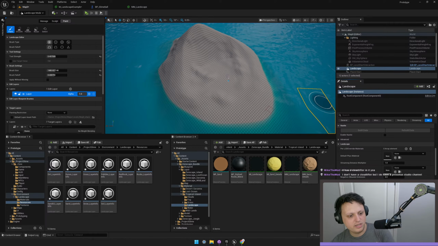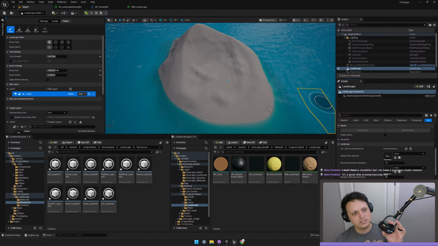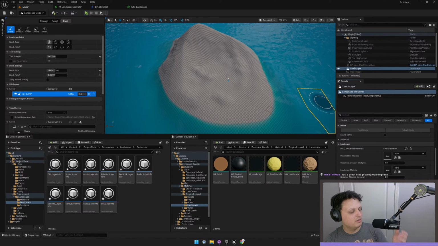I don't have a Cloudlifter, but I do have a PreSonus Studio channel. Oh, nice. Okay. Yeah, I have been considering maybe switching this thing over to XLR, because it does have XLR on the back of it. Oh, sorry, I was muted there. One of the USB features is that this tap works very sensitively, but I was considering switching it to XLR, because there's an XLR input right here. I thought it'd be nice to see what my options are again for XLR inputs. I might not need it, but